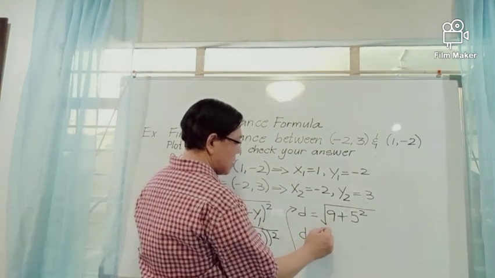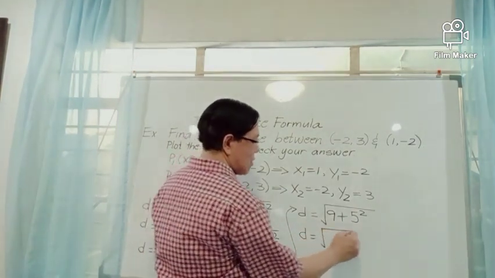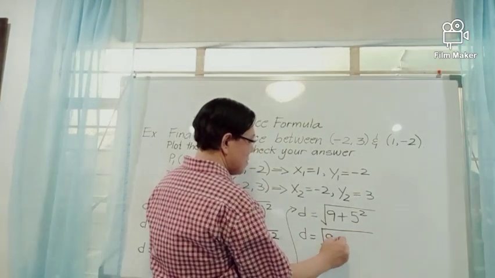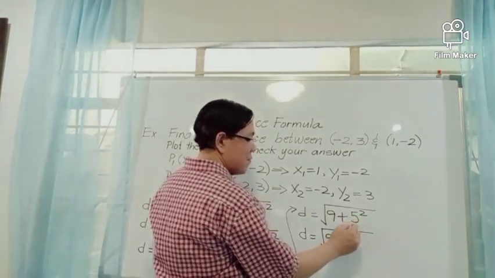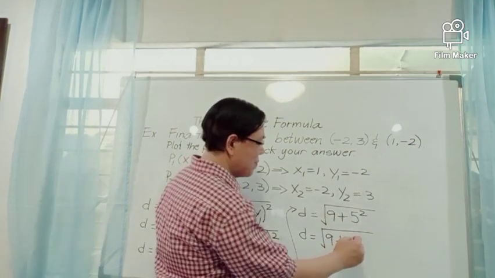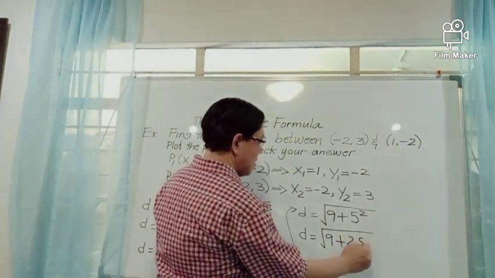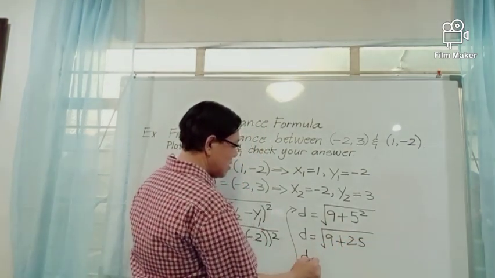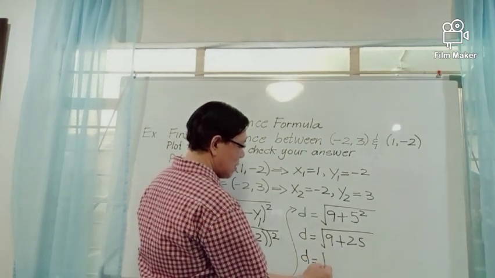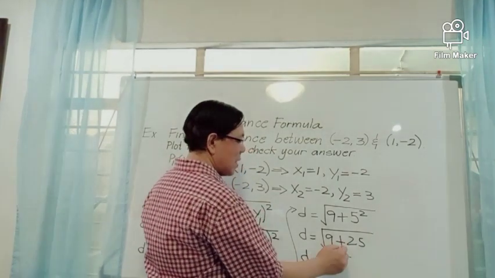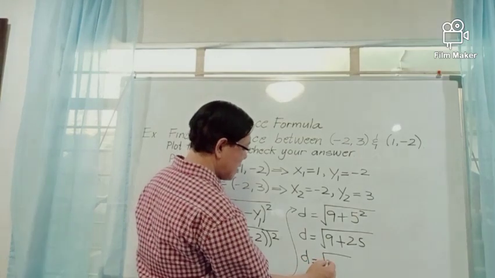Or the distance d is equal to the root of 9 plus the square of 5 is 25. Or d is equal to the root of 9 plus 25 is 34